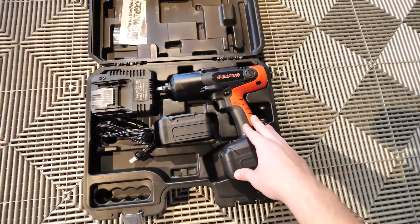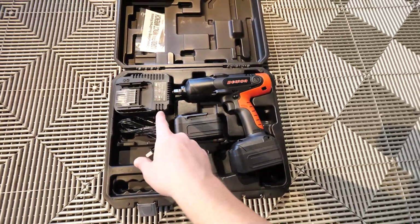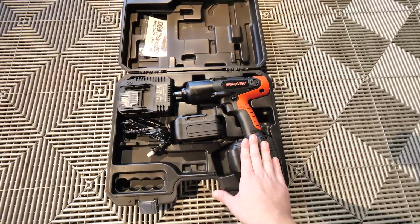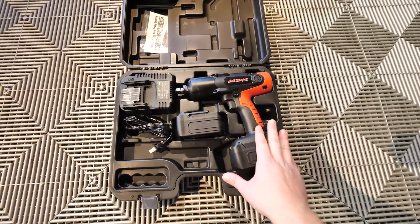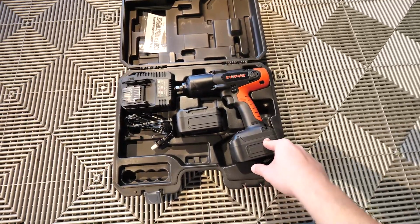Very nice impact wrench, obviously designed to be used with the Demon. Comes with 2 batteries and a charger. I believe all the tools that are in here are made by Snap-on with Demon branding. I'm not 100% sure on that. Let me know in the comments if that's not right, but